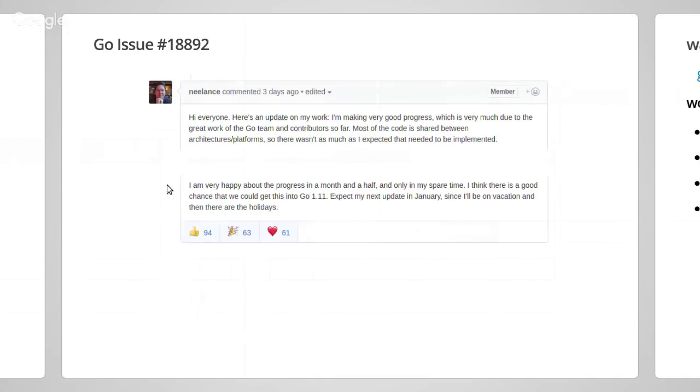He worked on it for over a month and a half, only in his spare time, and he even says this might land in Go 1.11. So what I said before, this might be the future of how you could run code in the browser. That actually might be the near future, happening maybe next year.